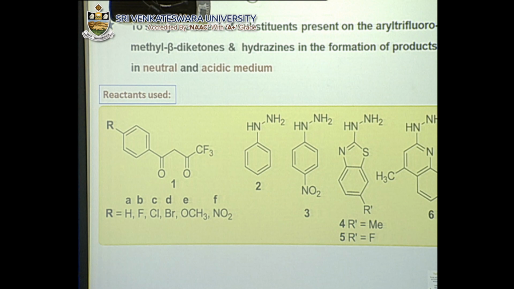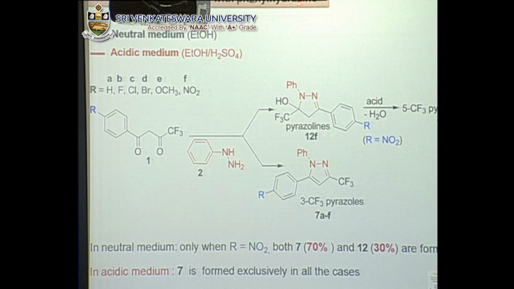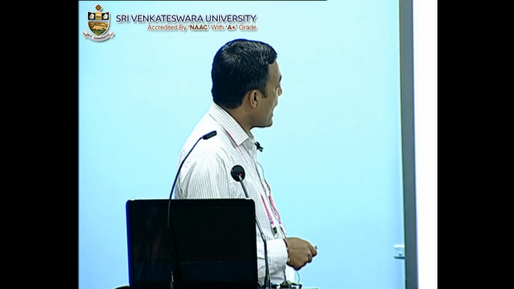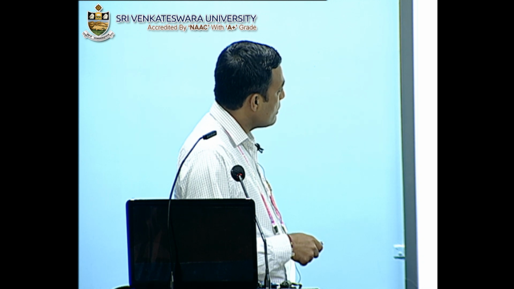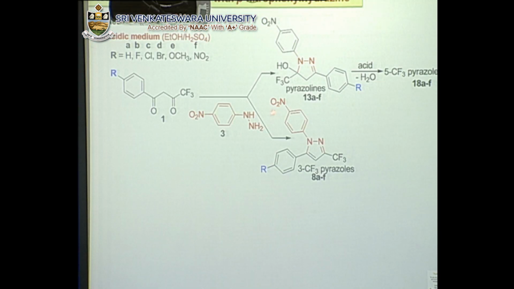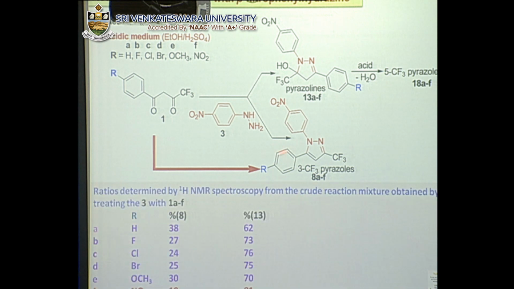withdrawing nature. The reaction of beta diketones with phenyl hydrazine in neutral medium yields 3-trifluoromethyl pyrazoles as well as pyrazoline, only in one case when this R is nitro. However, in the case of acidic medium, we always get 3-trifluoromethyl pyrazole. In the case of para-nitrophenyl hydrazine, by increasing the electron withdrawing effect on the hydrazine moiety, we get pyrazoline in all the cases. So, you can see in acidic medium we only get 3-trifluoromethyl pyrazoles,